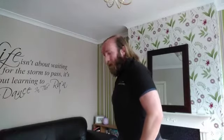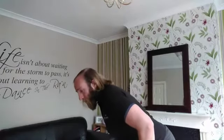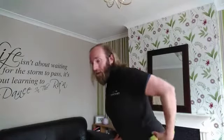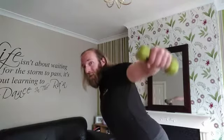So this time, in your strong stance again, just over shoulder width apart, keep the knees soft. We're going to hinge at the hip. So we're leaning forward. You can lean all the way forward if you want to. Obviously, just be careful of any strain on your lower back. We're going to bring the dumbbells together in a straight arm here, and we're going to bring them out